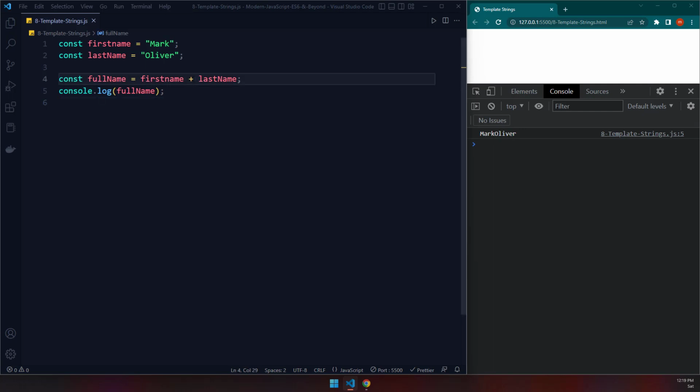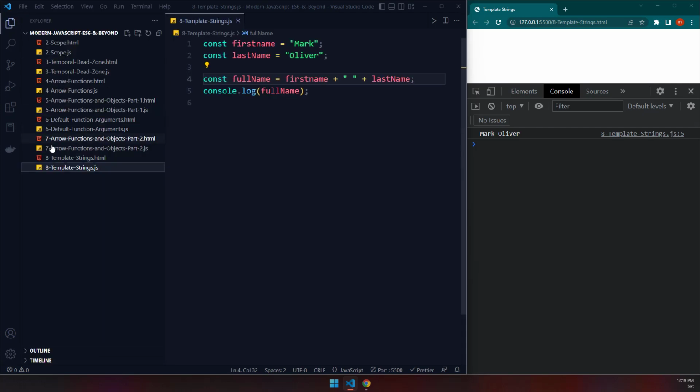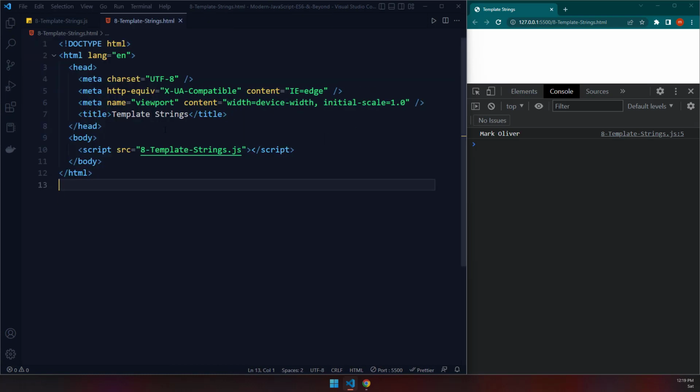We can add a space by adding an empty string and providing a space in there. This is going to add it. But as you can see, this becomes a lot of hassle. Now this is a very simple example of it. But what if you want to create, let's say, an HTML string, an HTML element within the JavaScript? Then you need to have, for example, if that HTML element, let's jump into the, for example, template string HTML,